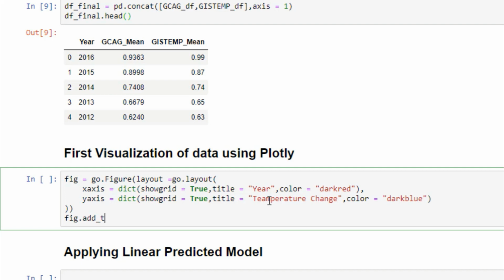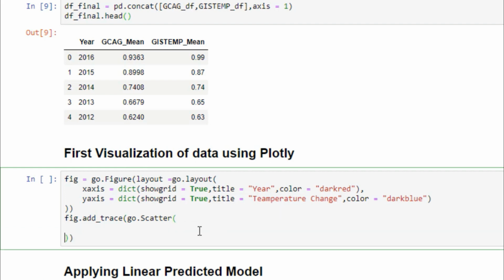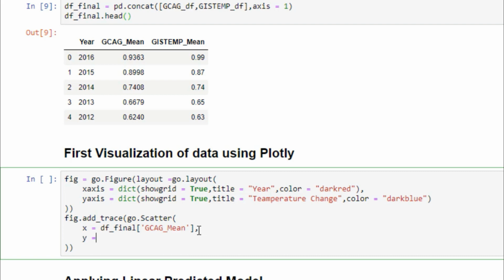After that, figure dot add underscore, what is that function, trace. Yeah, so figure dot add underscore trace and go dot scatter. We use a scatter plot, and Plotly scatter generally plots the line plot just like Matplotlib. x is equal to, in the x-axis we select df underscore final and GCAG underscore mean, comma y is equal to, we also have to give y, df underscore final, and we will give